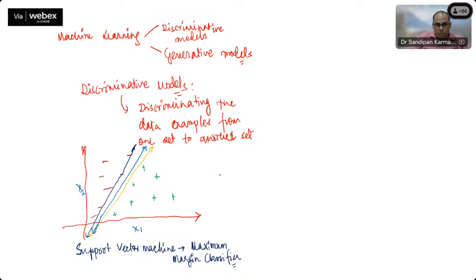So in a discriminative model, we are trying to find out the relationship. Okay, so y equals f(x) plus epsilon. This kind of relationship I want to find out. So this will be acting as a boundary. So this is the equation of the line. Whereas